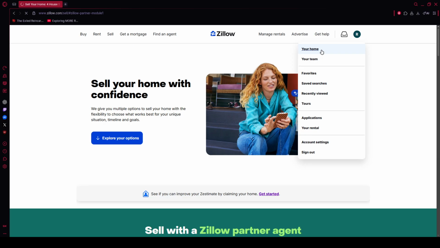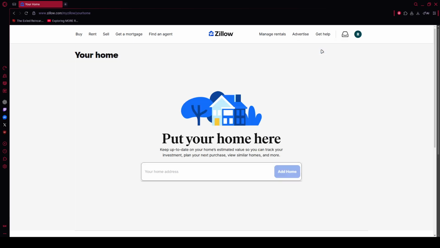And that's it. By claiming your home, cleaning up manual entries, and reporting any inaccuracies, you'll keep your property's digital